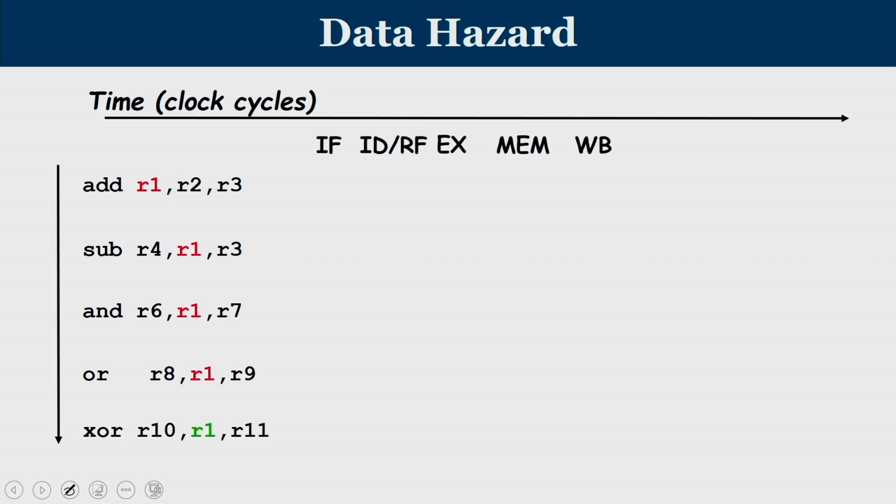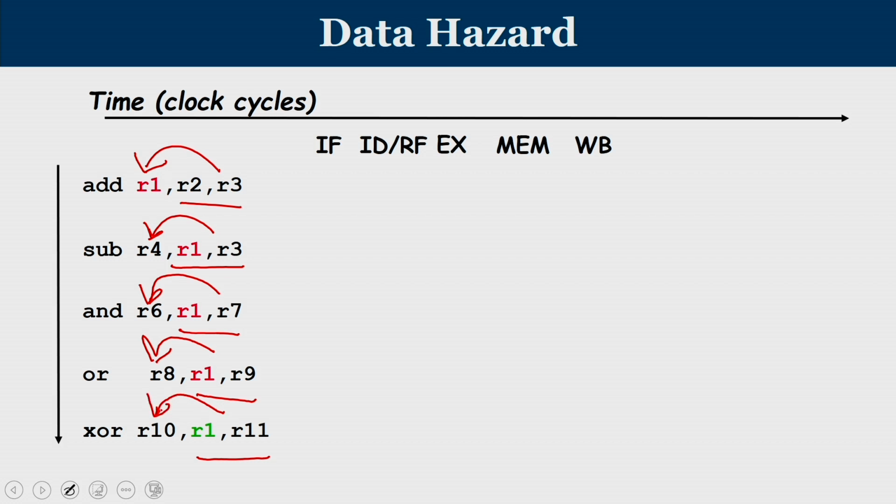Now let us try to see data hazards. Consider the instruction sequence that is given in the slide, and all the instructions are of the format opcode, destination, operand 1 and operand 2. All of them are arithmetic or logic unit operations. So consider your add operation. So R2 and R3 has to be added into R1, and then the very next one is R1 and R3 has to be added into R4, R1 and R7 has to be AND operated, or you are going to perform a logical AND operation to R6, again R1 and R9 logical AND result has to go to R8, and then you have an XOR operation on R1 and R11 to store the result in R10.